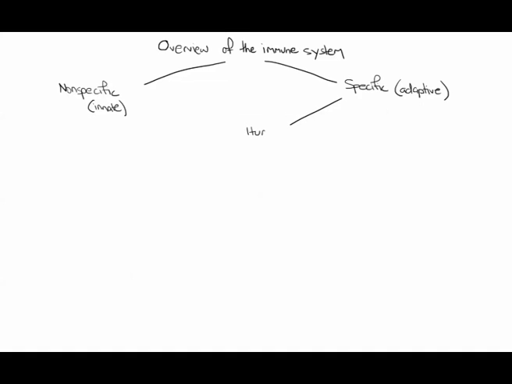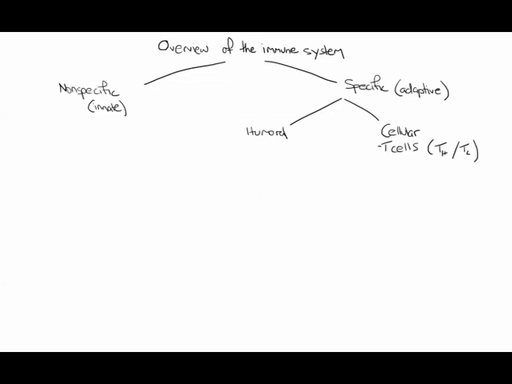So we'll start with the specific immune system, and we'll split it up into its two halves, the humoral and the cellular. So the cellular arm of the immune system, of the specific immune system, is comprised of T cells. And there are two types of T cells. There are Th cells, which stands for T helper cells, and there are Tc cells, which stands for T cytotoxic,